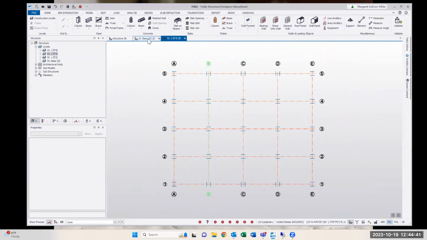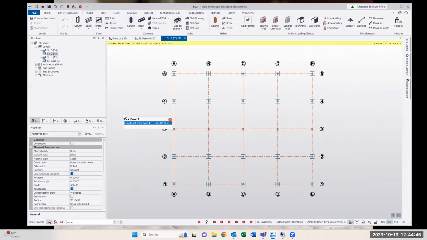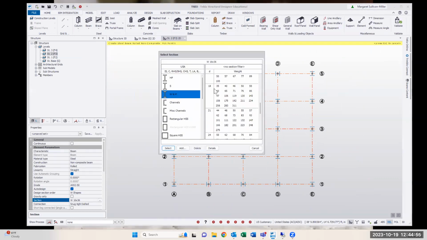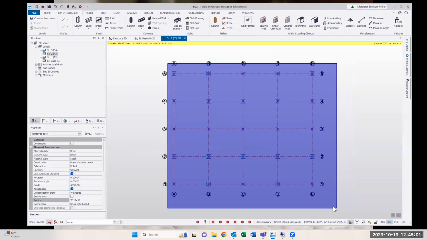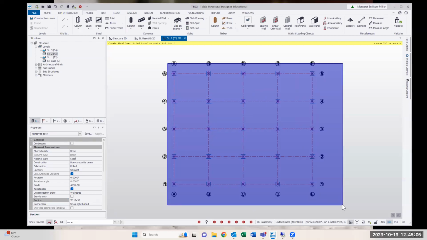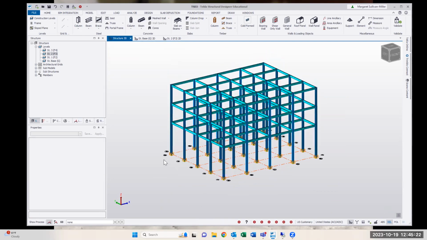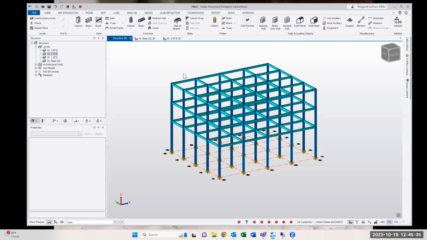So the next thing that we want to do is go ahead and add some beams. Make sure that we have the correct grade. This is saying a W16x36. I'd rather have a W18x55, so I'm going to select that one. Now, keep in mind that I had said F3 or level 2 was based on level 1, and it was the same for those 3 levels that I created, right? So I'm creating these beams, and then I'm going to come back here, and because I had all 3 of these levels based on the same level,